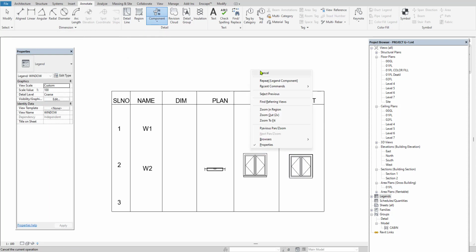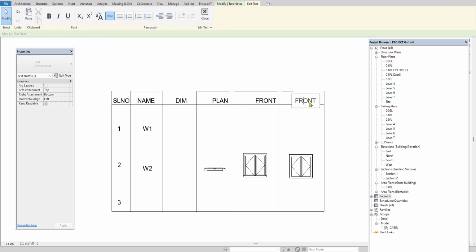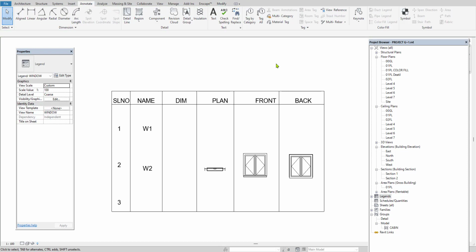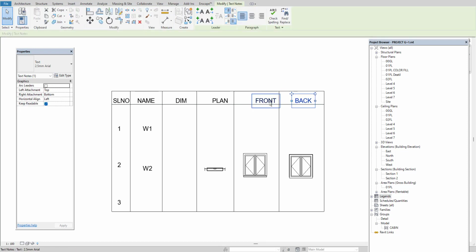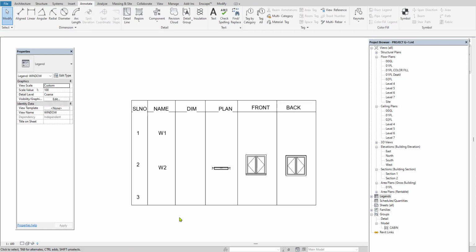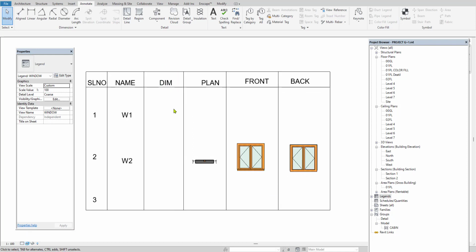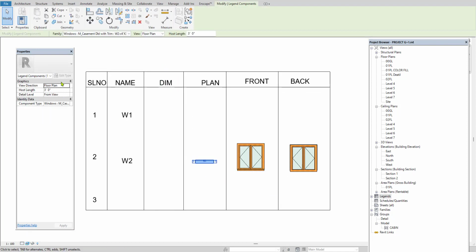So once you're done, even you can rename this according to the view. This is the back view or front view. Like this way. Even you can keep this text exactly in the middle of the column by using the arrow mark. Next, you can keep this into realistic. And then the dimension, I know the W2 is about.